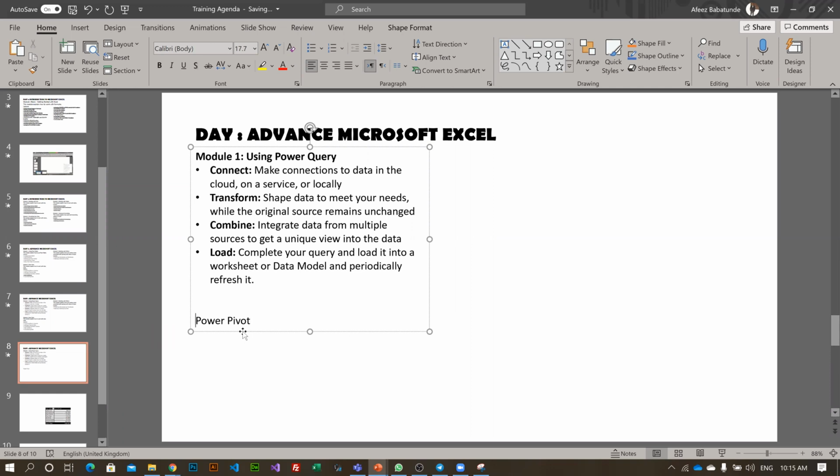Is there anyone that is familiar with Power Query on Microsoft Excel? Do you have anybody? Have you used it before? Probably you've seen someone using it, or you've tried it before. We use Power Query to get data. You can use Power Query to get data from